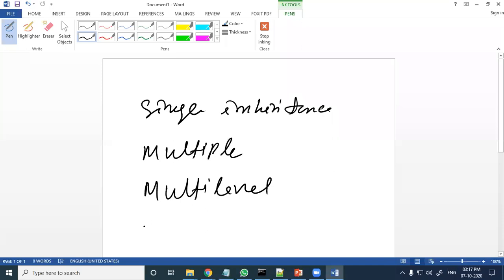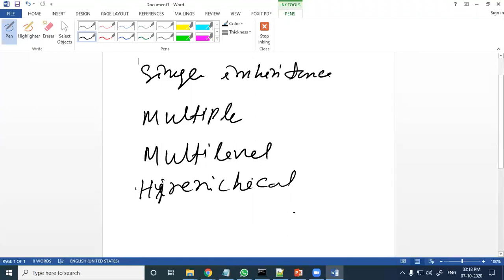Next one is called hierarchical inheritance. My handwriting is a little bit not clear on this board. So: single inheritance, multiple inheritance, multi-level inheritance, hierarchical, and the next one you can say hybrid.